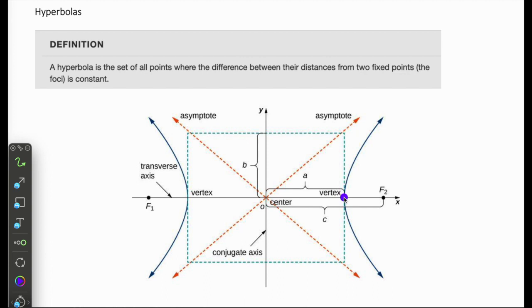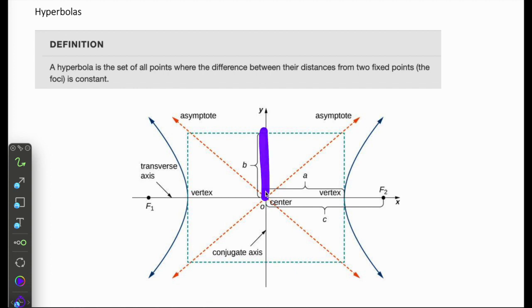So when we go to find the vertices of our hyperbola, they come out a distance of a from the center. See how it's labeled right here, a. Now if we go out b in the opposite direction of the vertices, that's going to create a box, and then the asymptotes are going to go through the corners of the box and through the center point. So when the hyperbola has a major axis running horizontal, the slopes of those asymptotes are going to be plus or minus, depending on which way it's tilted,